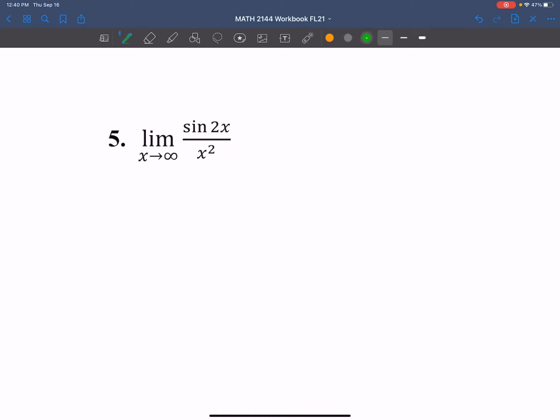So the reason it is 0, and this one's really kind of hard to conceptualize because you can't just plug something in, but if you think about what is happening when you plug values of x into this one, basically this sine of 2x function is just going up and down. Well, that's cosine, so let's do sine. So that's going up and down. So this one is basically stuck between -1 and 1. As you plug in different values, it's just going to oscillate. It's a trig function. It'll oscillate up and down between -1 and 1,